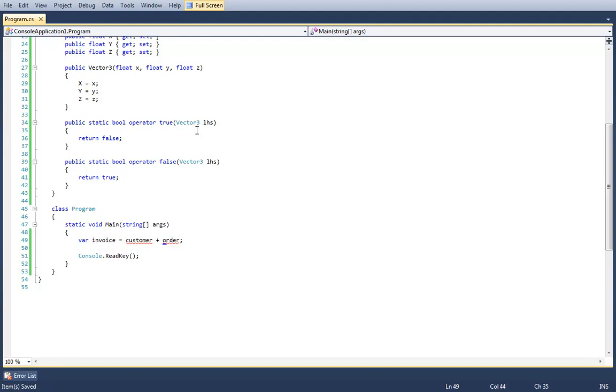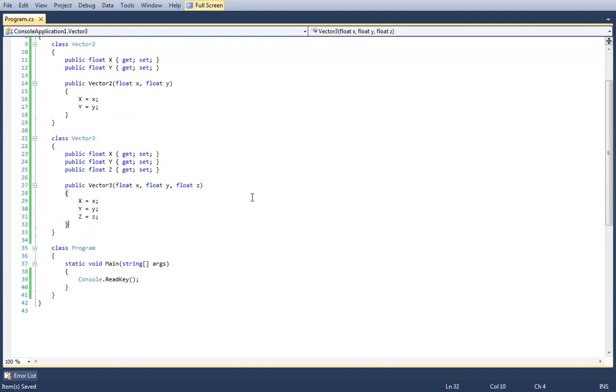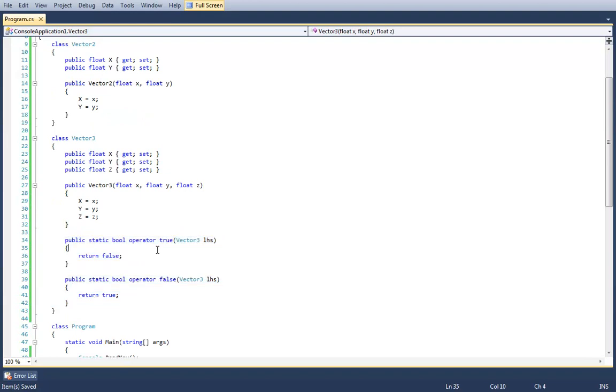Okay, so that's it about operator overloading. It's something that I wanted to introduce to people. I wanted people to see the syntax. I specifically wanted to show the true and false because you can do some fun stuff with these. Otherwise, just keep in mind, like Gav said, don't look for a place to use this. If it makes sense, it makes sense.